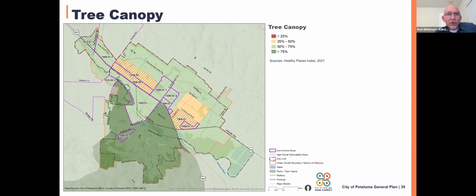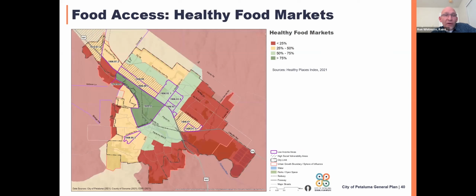And then at the same time, we should note that the GP, through other elements, addresses some of these issues as well and works hard to provide an equitable distribution of access of services, both public and private, across the city to accommodate all community members' needs. Another final example is access to community healthy food markets in this case. And all these maps, again, were from the discovery phase of the project and from the existing conditions reports.